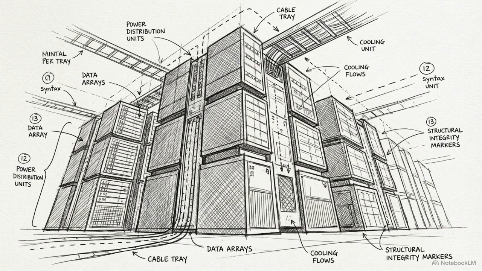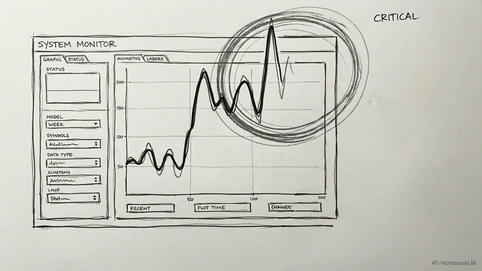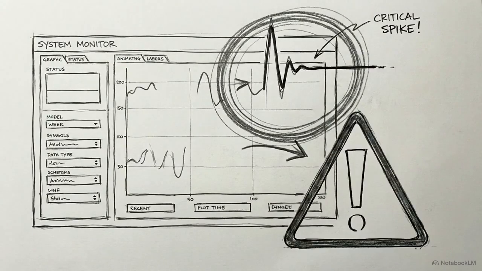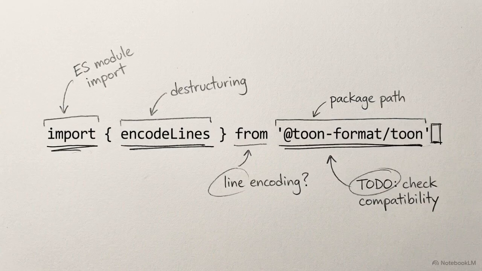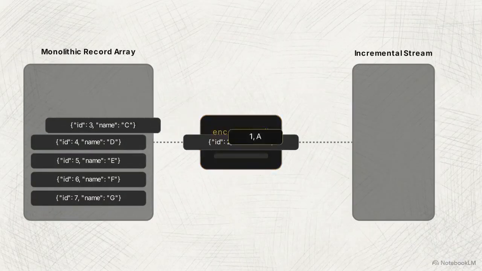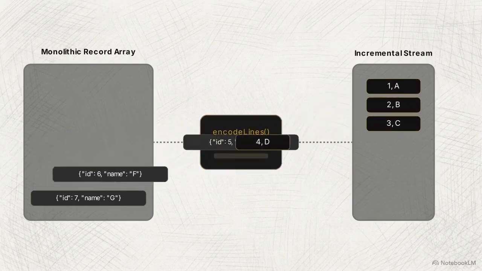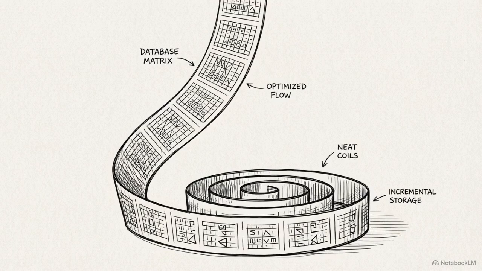When building enterprise pipelines, attempting to serialize massive arrays of data into a monolithic in-memory string frequently triggers out-of-memory errors before the payload even reaches the API. To bypass this, TOON implements an encode lines function. This allows the system to stream serialized outputs line by line incrementally, rather than holding the entire data block in memory simultaneously. By coupling token compression with low memory streaming, TOON can manage enterprise-scale datasets that would otherwise risk crashing